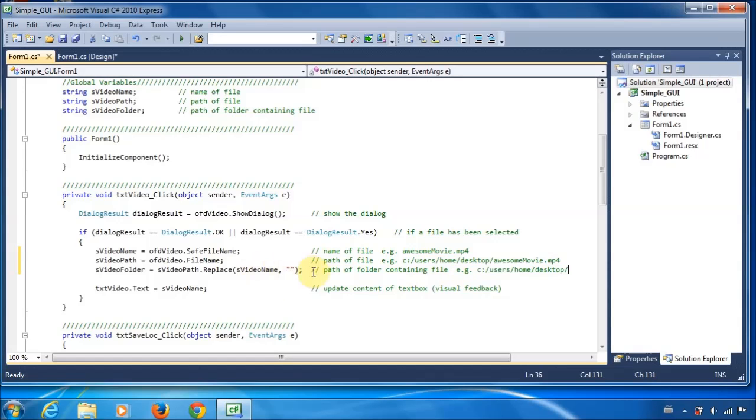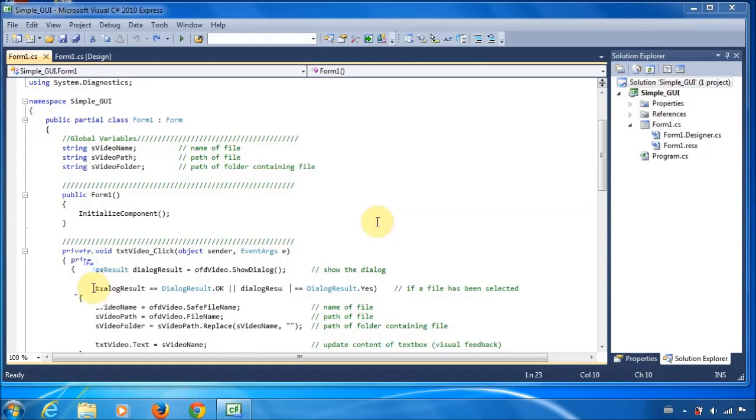So for the last one, basically what it does is it takes the video path, which is this long one, and it replaces the video name, which is this, with nothing, such that you're just left with the folder itself. And the last part is just there so that the user has some feedback that they actually were successful in